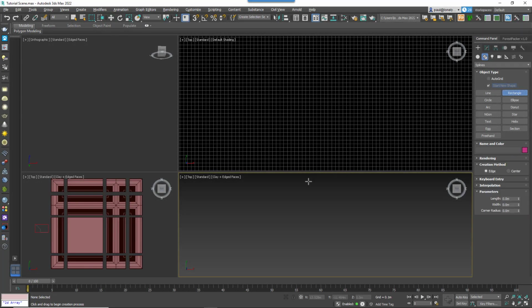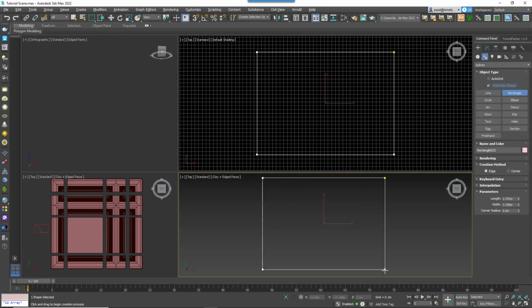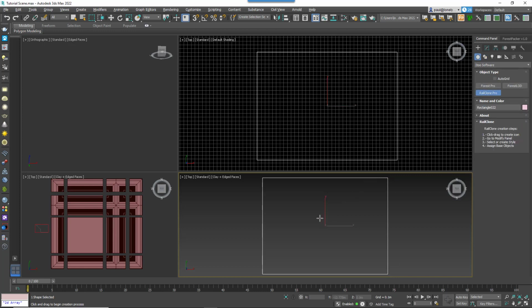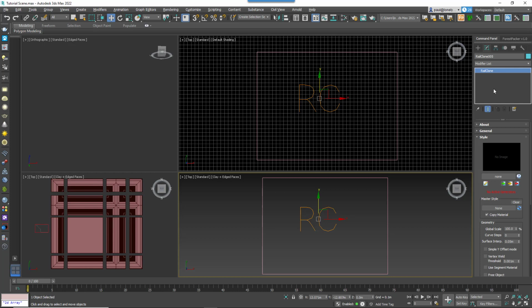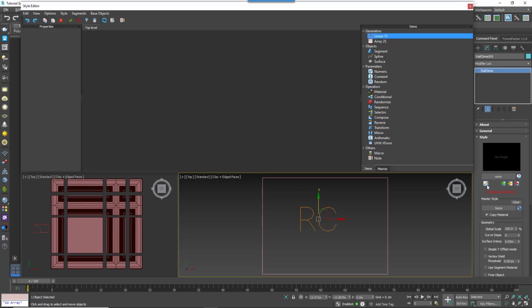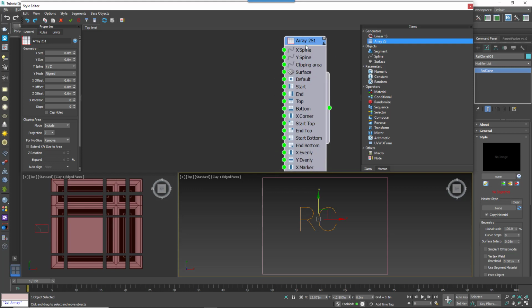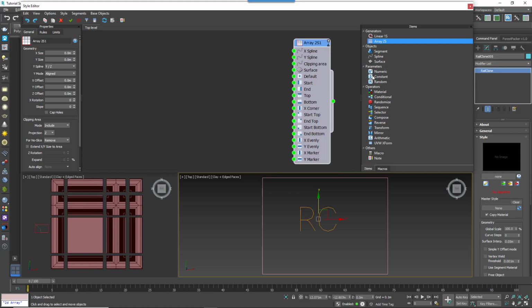So first of all, let's create a spline rectangle to define a temporary ceiling area. Then we'll create a new RailClone object and go to the Modify panel. Open the Style rollout and add a new A2S generator. This generator is used any time you wish to create a 2-dimensional array. As we'll see, it constructs the objects in a grid by allowing you to target specific parts of the array